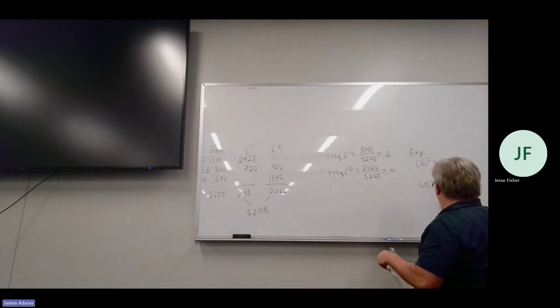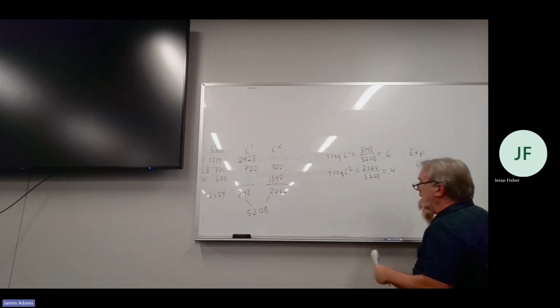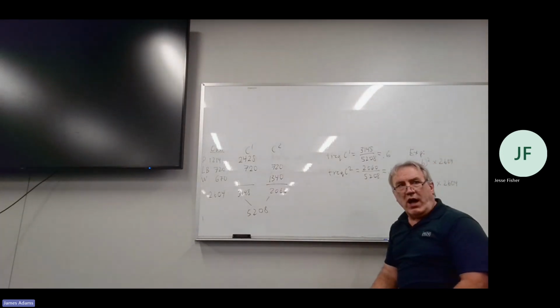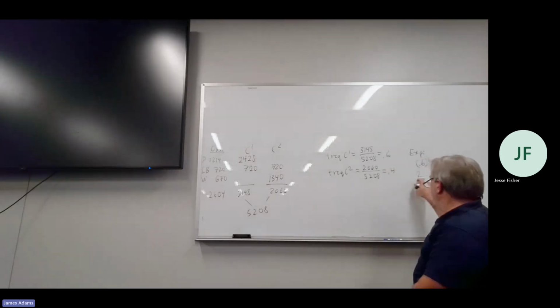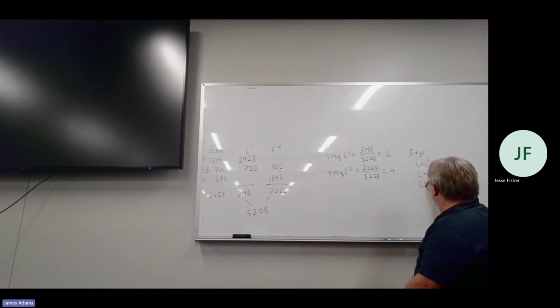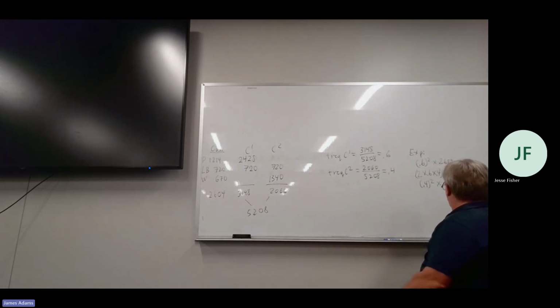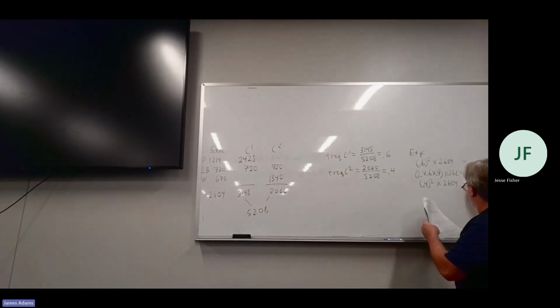0.4 squared times 2604. And then, of course, 2. Some people, I don't know why, but there were a couple of you at least that forgot that this is 2 times this value. It's 2 times 0.6 times 0.4 times 2604. If you do this math, it comes out somewhere in this range,